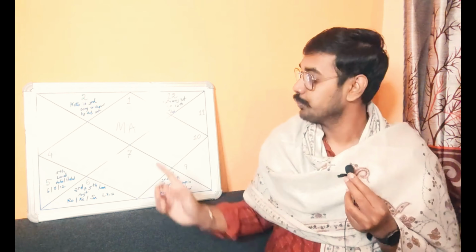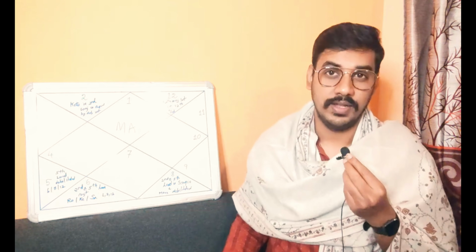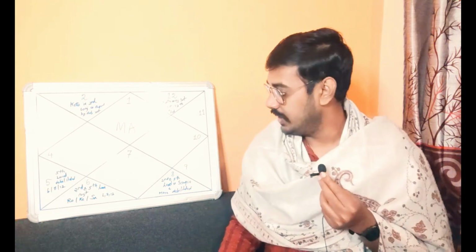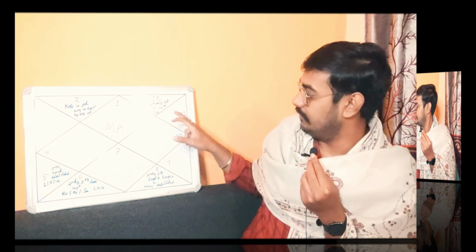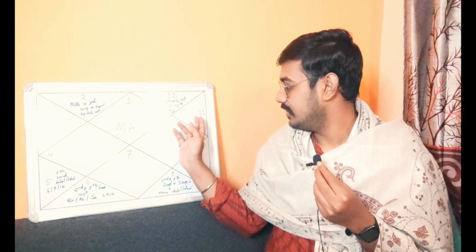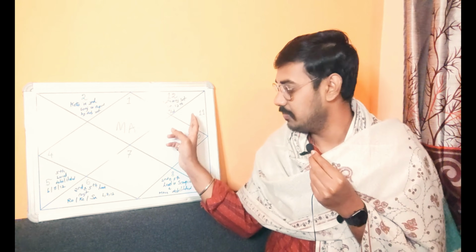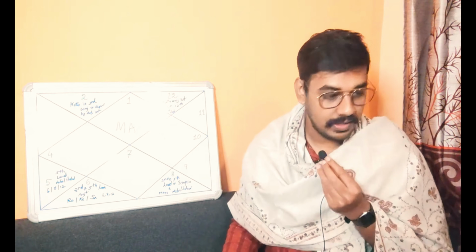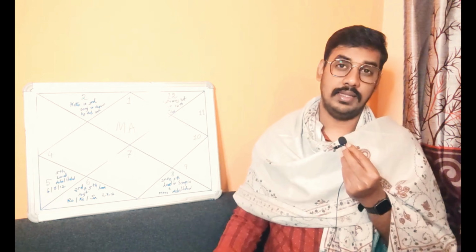And also, the same Mars debilitated in the 6th house will increase problems and struggle in your life. Let us take another example. In your Lagna chart, say you are a Kumbha Lagna, an Aquarius ascendant. The 11th sign is falling in your first house. Your Saturn is, say, exalted in Libra. It will happen when Saturn is placed in the 9th house in Libra sign. Saturn will get exalted for a Kumbha Lagna person, and you are recommended to wear a blue sapphire. Lagna Lord, exalted in the 9th house.